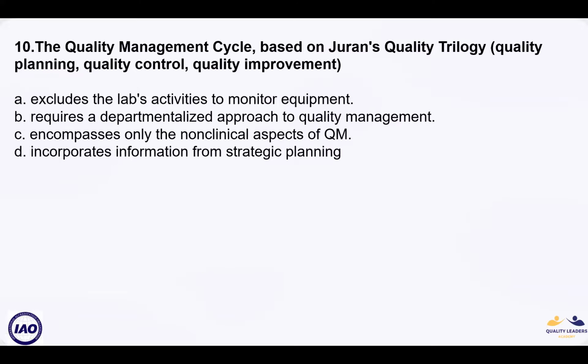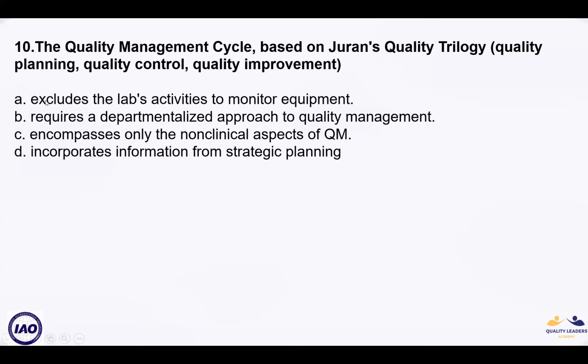So coming to question number 10. The quality management cycle based on Juran's quality trilogy, that is quality planning, quality control, and quality improvement. According to Juran's quality trilogy, which statement is correct? What is correct regarding Juran's trilogy? We all know Juran's trilogy includes quality planning, quality control, quality improvement, and it fits all the functions at all levels, at all products or service lines. So once we remember that,